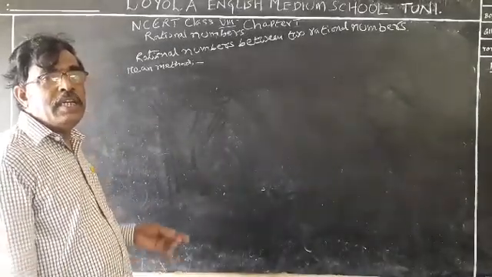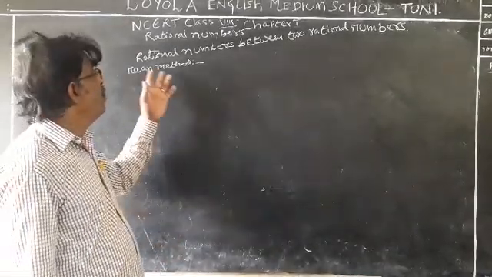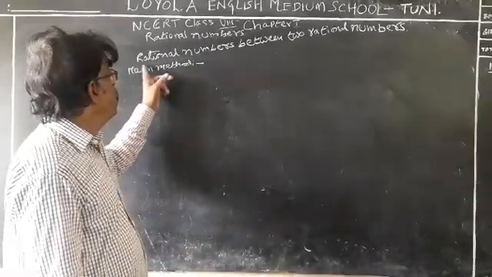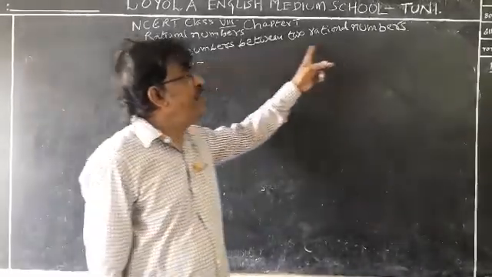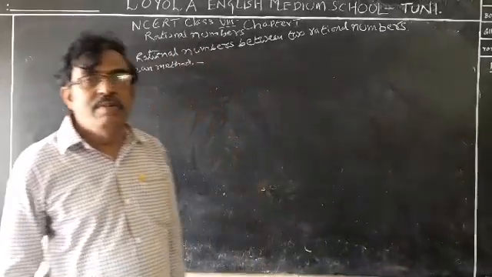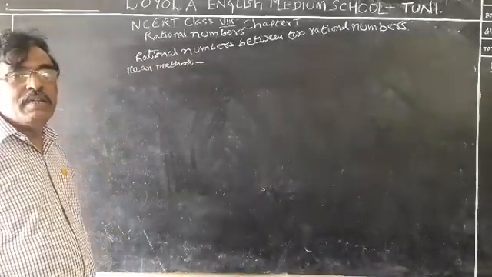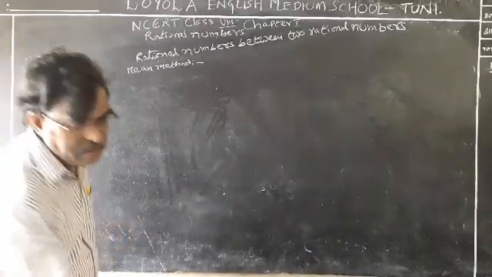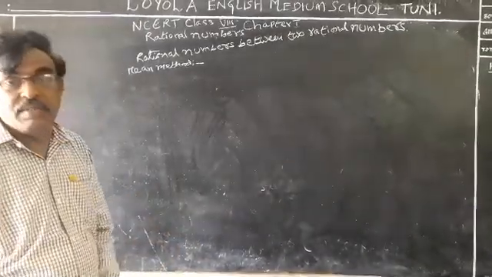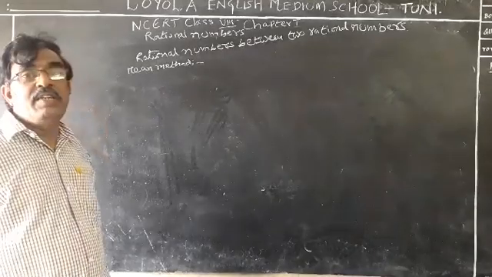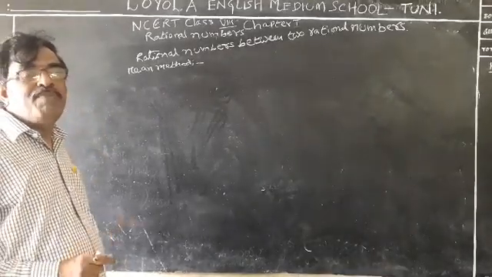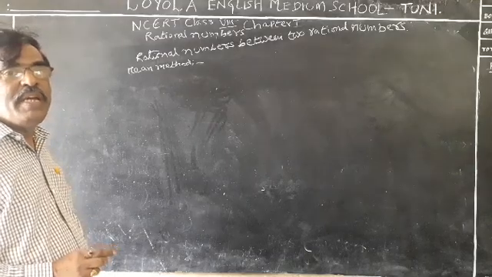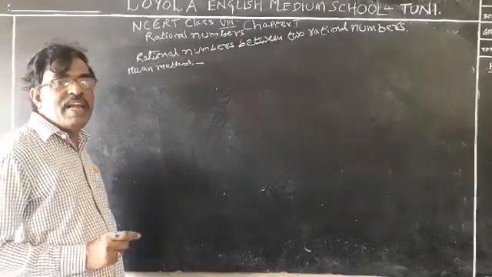In continuity, so far you have seen how we represent rational numbers on the number line. That is over. Next, rational numbers between two rational numbers. What does it mean? Suppose we give you two rational numbers, and ask you to find another two rational numbers between them. There is one method, it is nothing but the mean method. Mean is nothing but average, you know pretty well.